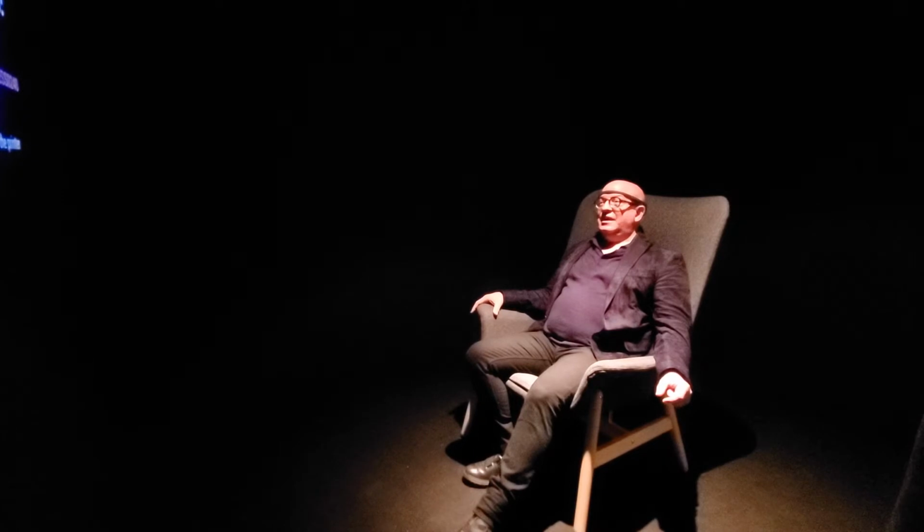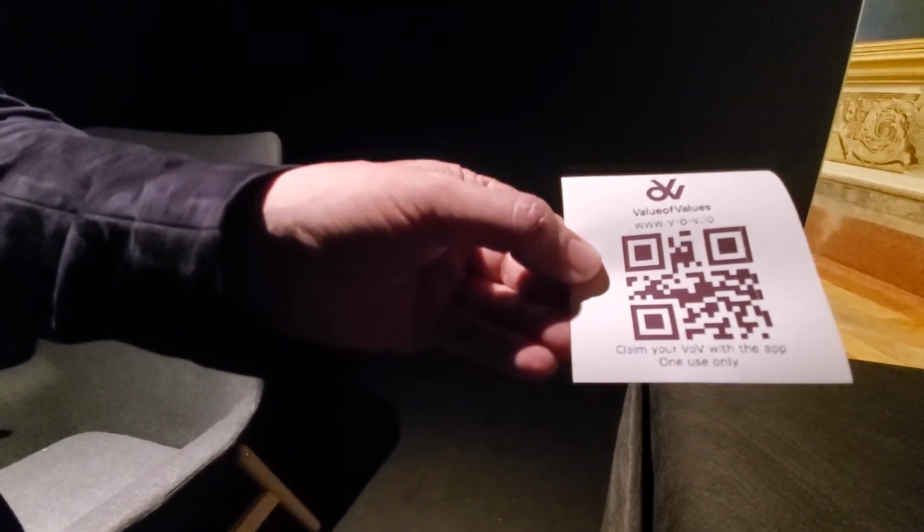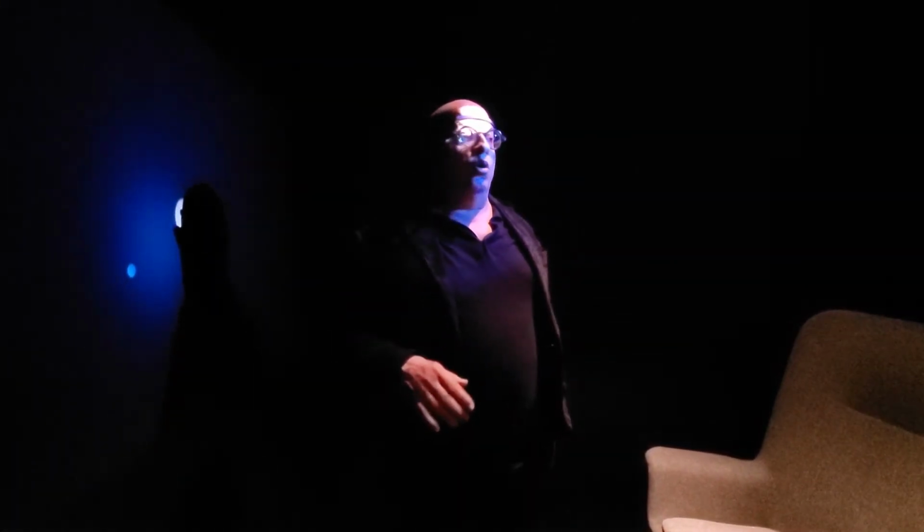That means a place where we can keep the collection of artworks made by value of values. And then, as soon as it is, you see here, I created openness 0240. And the ticket is created here with the flash code. When I have the app, I take the flash code, I scan it with the app, and it will automatically add this new VOV to my collection. And when this is in my collection, I can keep it